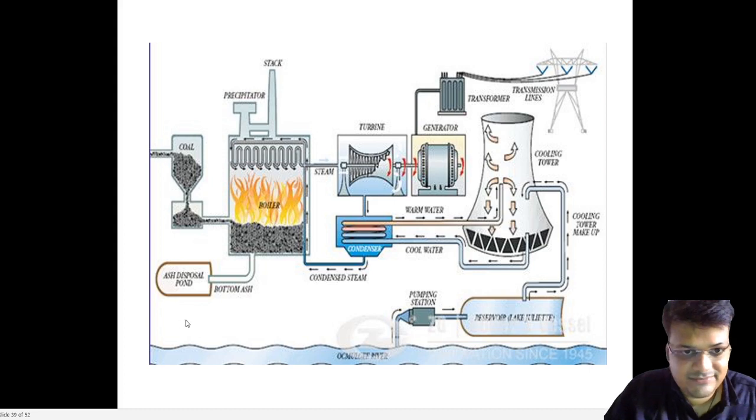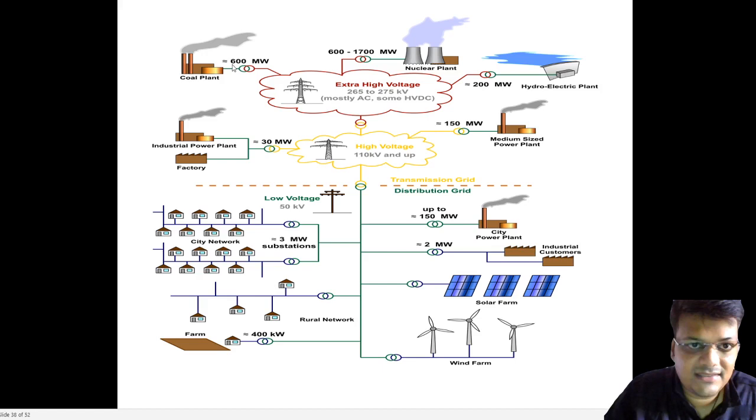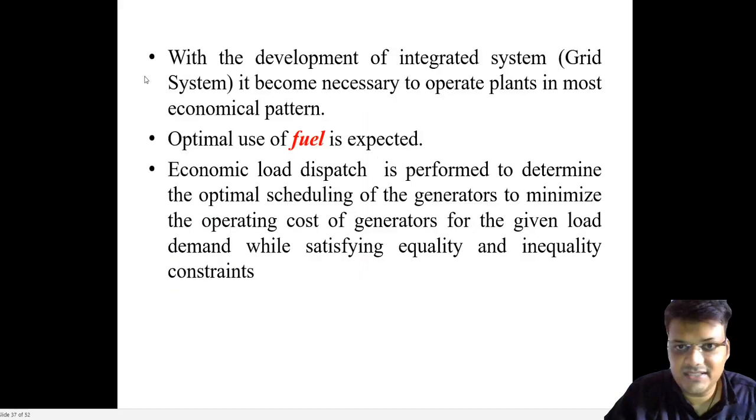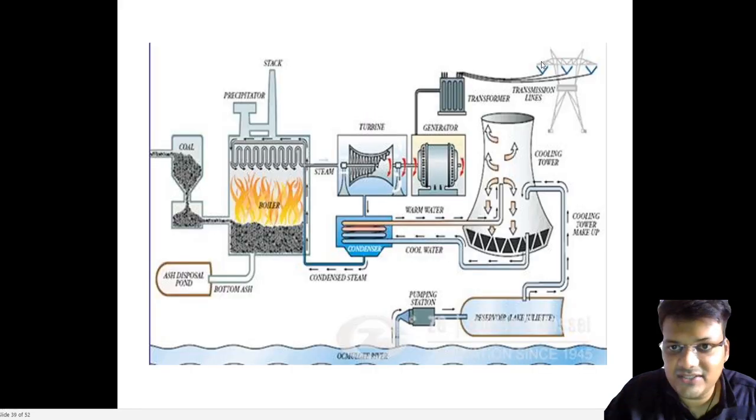Second cycle: the turbine will move, and the shaft is connected to the generator. The generator generates electricity, and with the help of a transformer it is stepped up and transmitted. So up to here in this slide, 600 megawatt is generated, and here is the transmission line. Now we are moving into the system. The output of the generator is 600 megawatt after the step up.